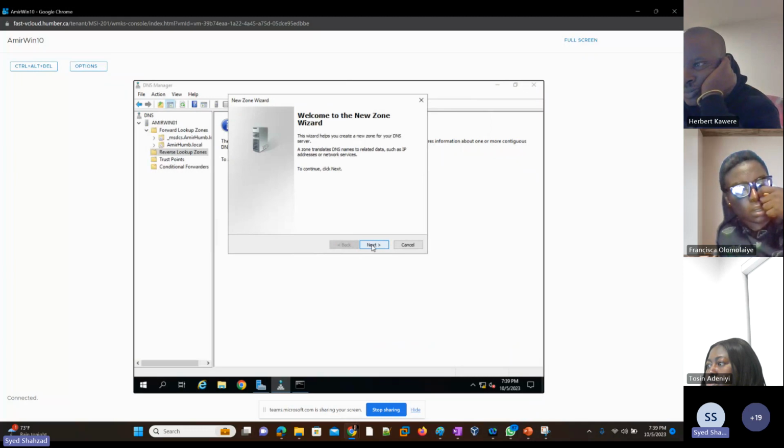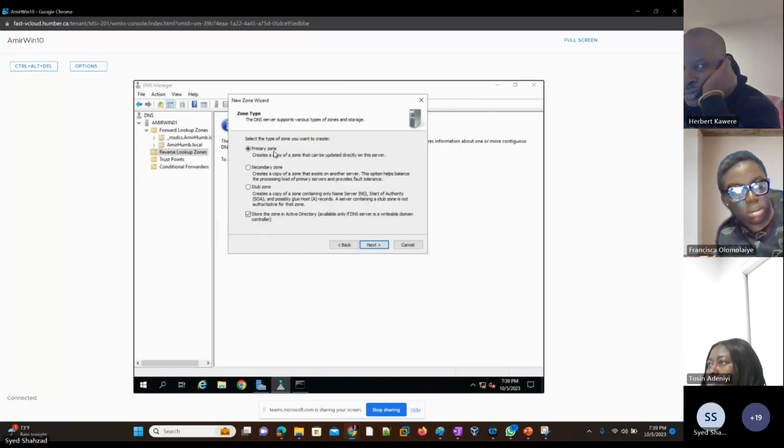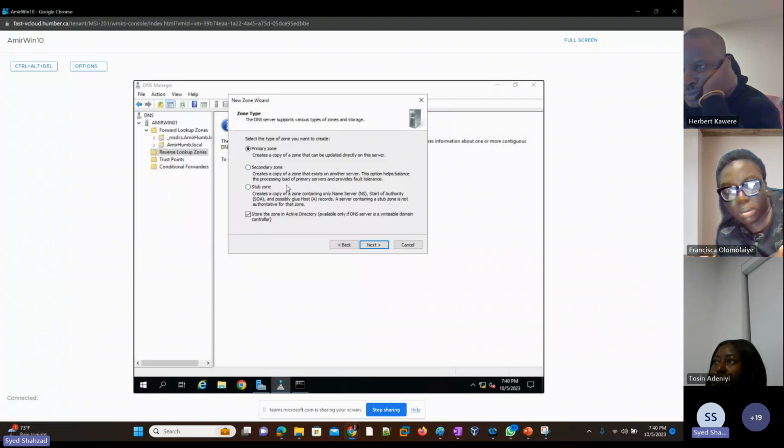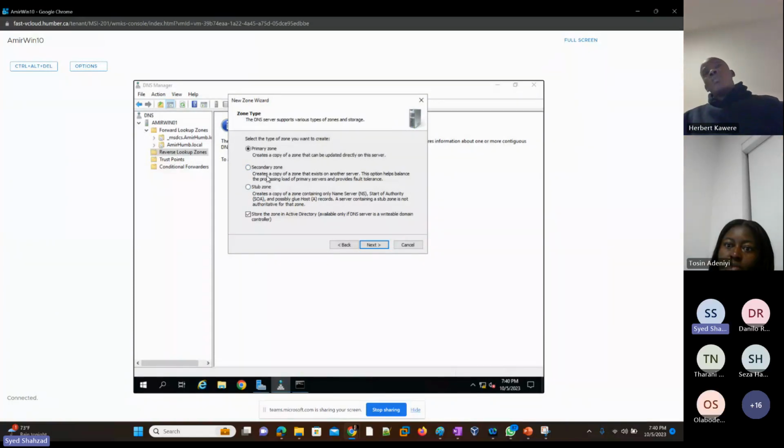And go ahead and click next. So it's showing me primary zone, secondary zone, stub zone, and store the zone in Active Directory. Primary zone is the read and write copy of the DNS server where you can actually make changes. Secondary zone means that it's just the read-only copy of the DNS server. Stub zone is just pointing, it's for small branches, and it just points to the actual primary or secondary DNS